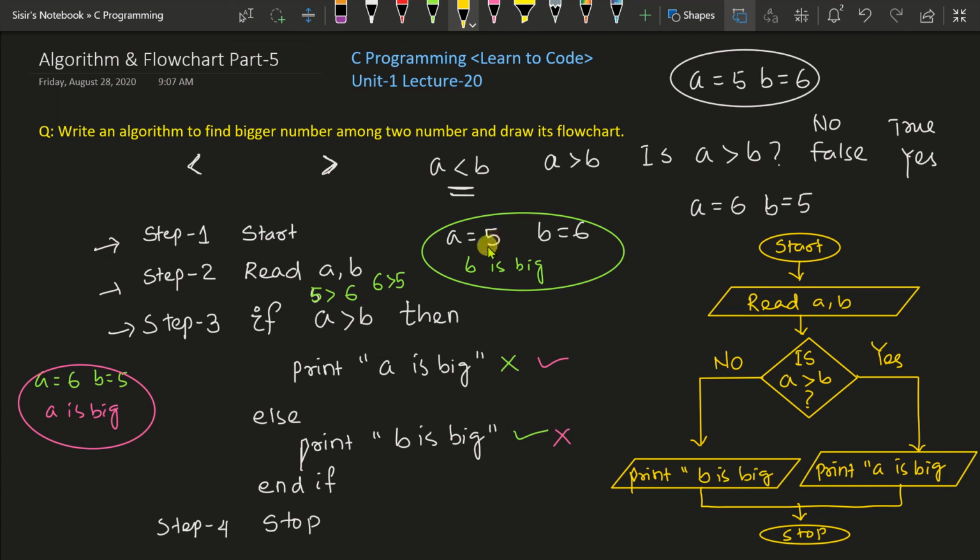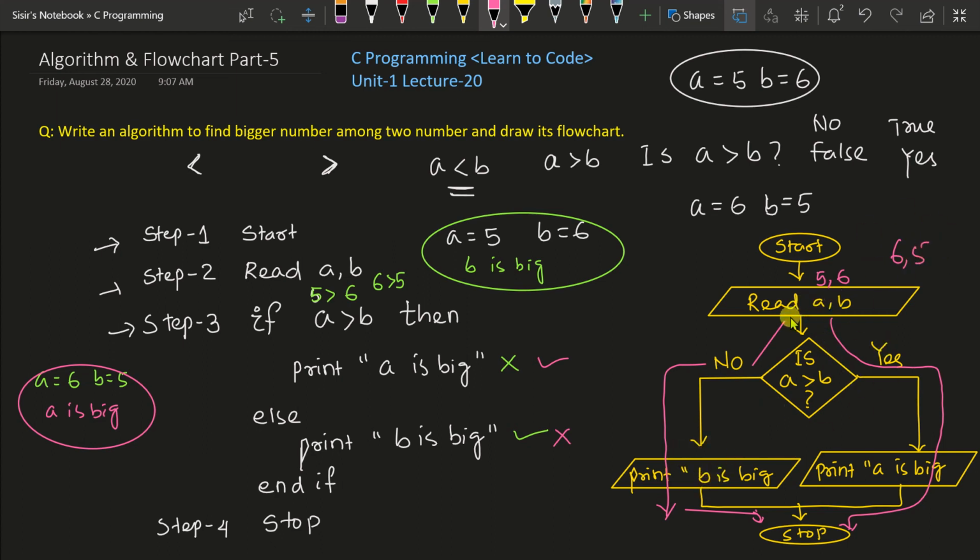That means, let us take an example. Let's say this is the input for this particular flowchart: a is equal to 5, b is equal to 6. You have read a is equal to 5 and b is equal to 6. Now it will check 5 is greater than 6, condition false. That means it will go through this path, execute and stop here. But if the input is 6 and 5, then what will happen? 6 is greater than 5, yes. So in this particular case it will go in this path. So an alternate path is followed for every different input.